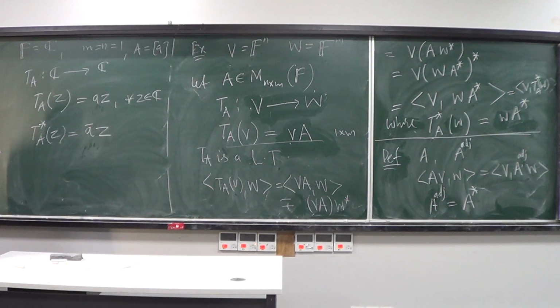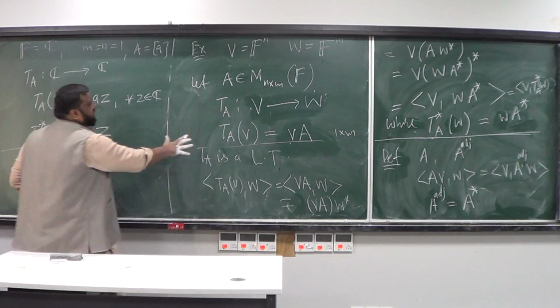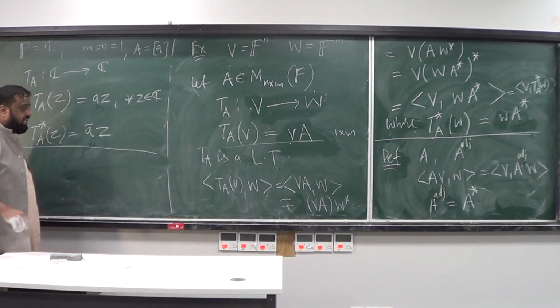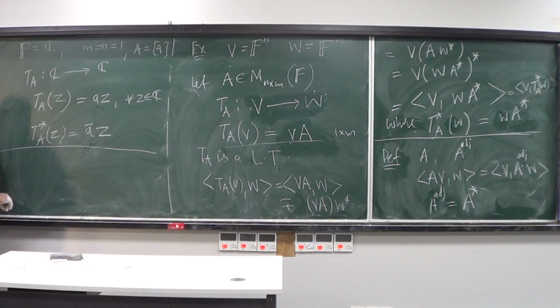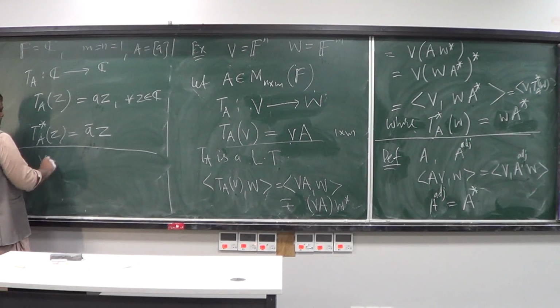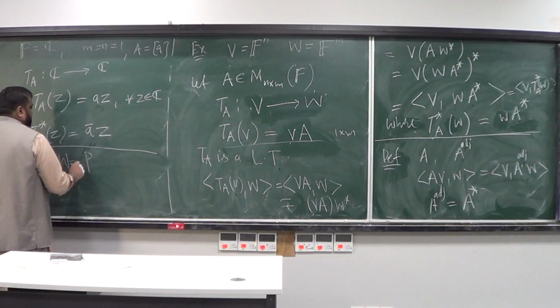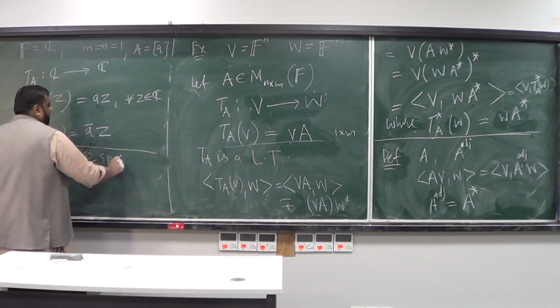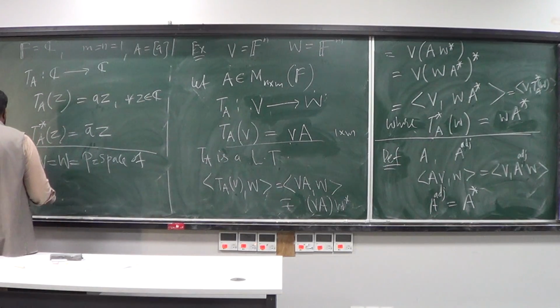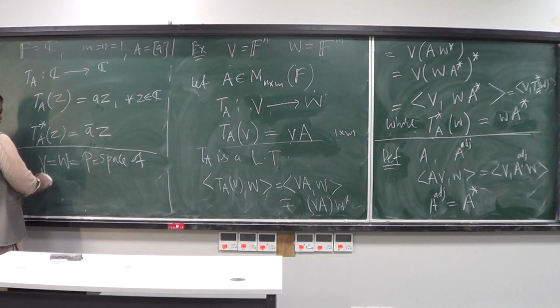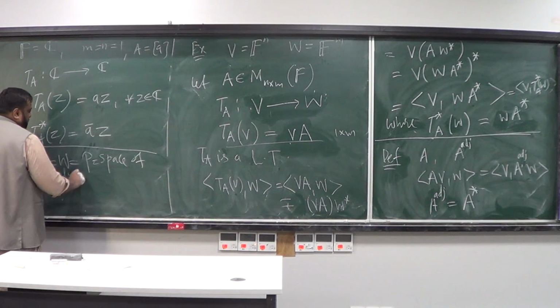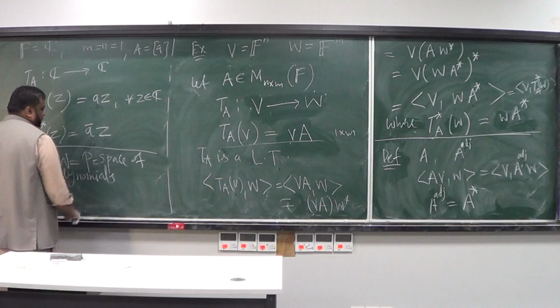What is another example? Let's do another example, a bit more non-trivial. By the way, this example is a particular case of this. Now, the next example is that let's take V and W to be the inner product space of all polynomials,